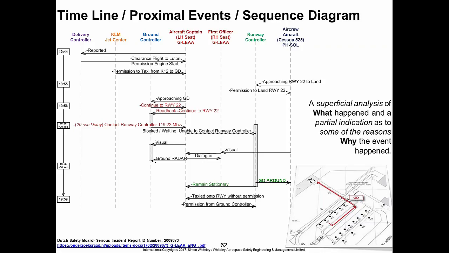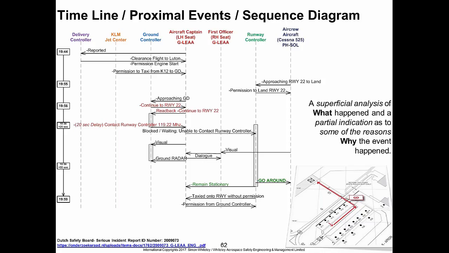Now there's no information in the incident report about why that delay occurred, but it will be interesting to find that out. Okay, so the aircraft captain attempted to contact the runway controller, but was not able to for a number of reasons. They were blocked, or they were waiting to contact the runway controller. And it does mention in the report that the runway controller was talking to other aircraft,